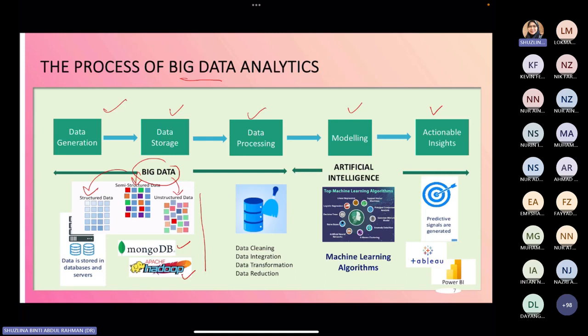So once we have the data kept somewhere in our platform, we have to process it. We can make use of several processes. We need to clean, we need to integrate, we may need to transform it into a certain format. We may reduce it depending on the business goal that we have. It is very important to do the data processing or pre-processing prior to modeling, because the nature of data in real life is very noisy. It contains a lot of noise. So we need to prepare the data so that it is clean and good in quality before we can model it, making use of artificial intelligence